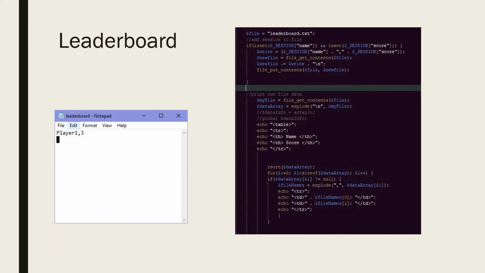So we created a leaderboard text file and used the file put content function to put all the user information, such as the name and their score, and update it every time a new user comes in into that text file. And to create a new table, we had to get those contents and then create an array of those contents and put them into a table so it can echo out the appropriate